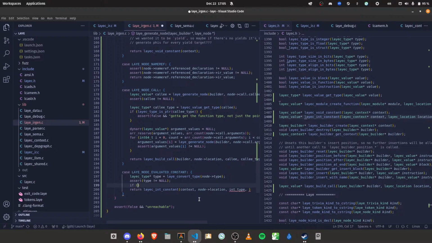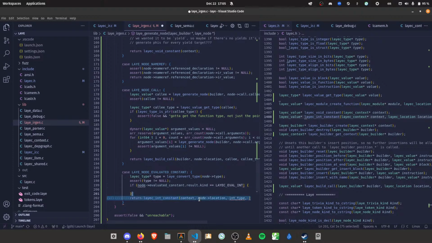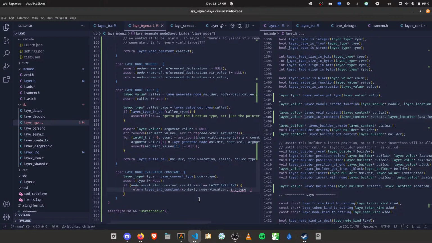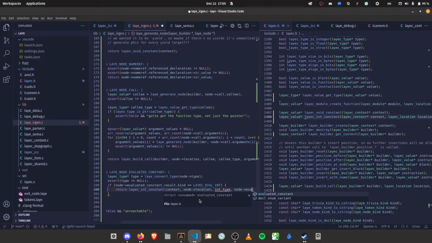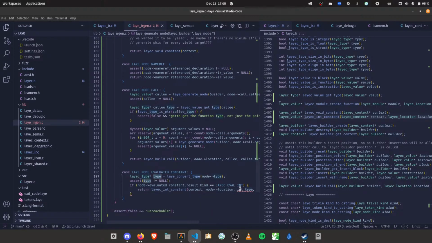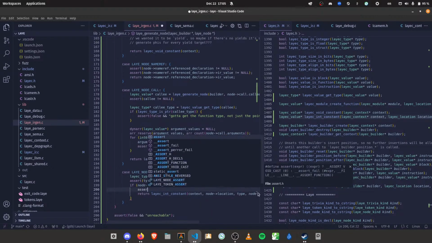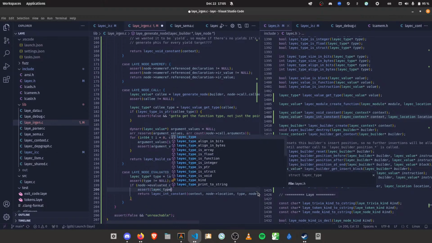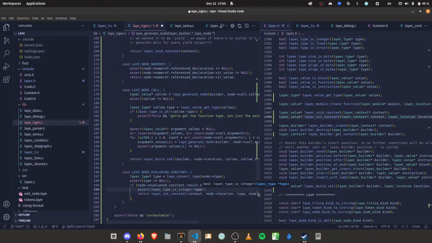Then we say if node evaluated constant dot result dot kind is equal to eval int, then we're going to generate the int constant, which will have node evaluated constant result int value as its value, and it will be of type. And then here we can assert that Laye type is int of the type,